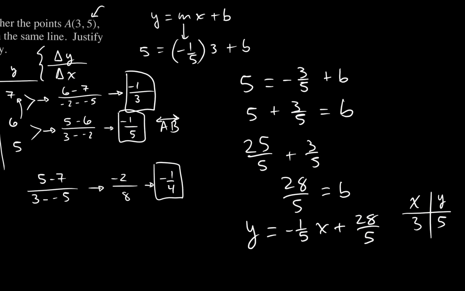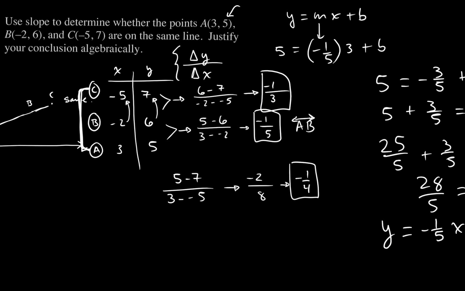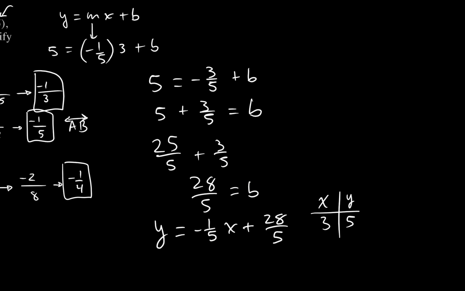The other point that should work is point B. So negative 2 should give me 6, right? So if I put negative 2 into this equation, it should give me 6. Let me try that. So I'm going negative 1 divided by 5, and then times negative 2, and then plus 28 divided by 5 should give me, oh,